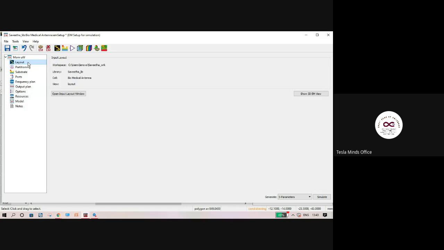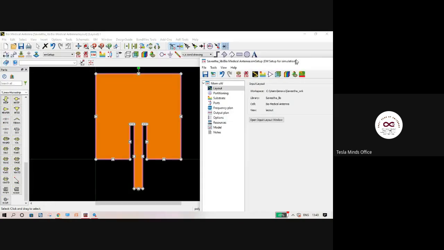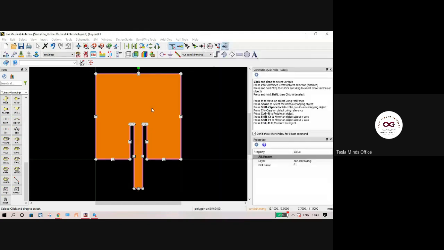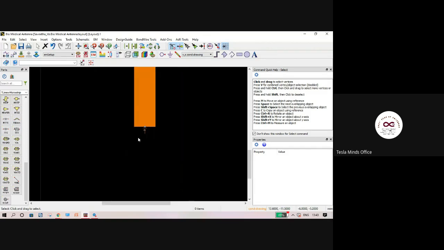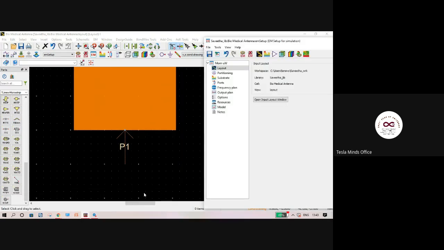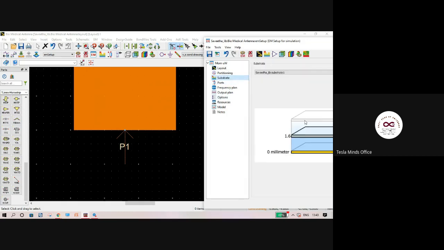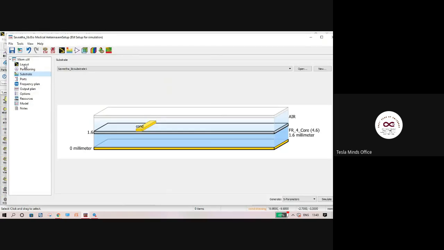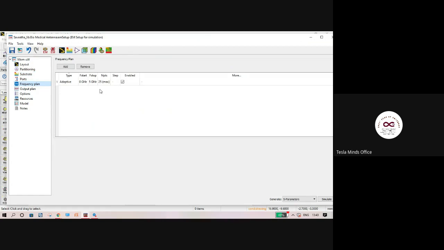So what we have done so far is we have designed this antenna using the coordinate entry point. We have given the feed in step 2. The third step was defining the substrate, and the fourth step was the frequency plan.